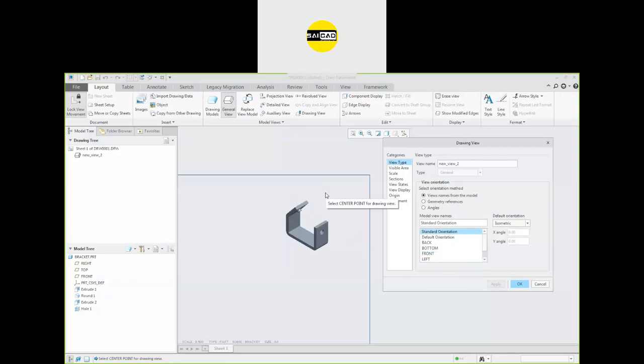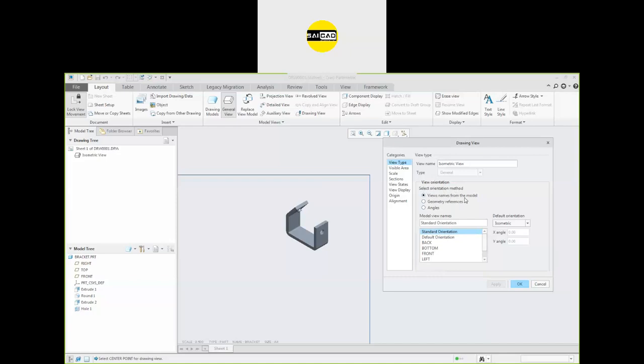Okay, like this you can insert the view directly. After that, what name do you want to specify? So this will be the isometric view. Click apply. So you have specified the name, and you have specified the view from here directly. You can see we have some methods.